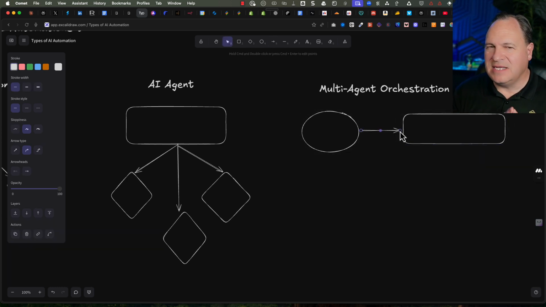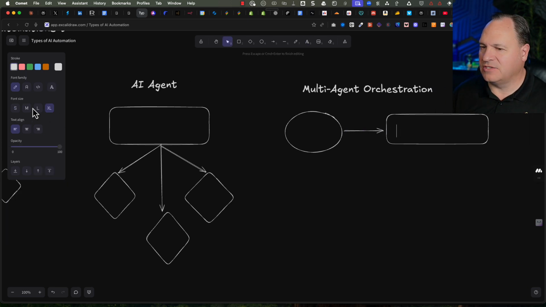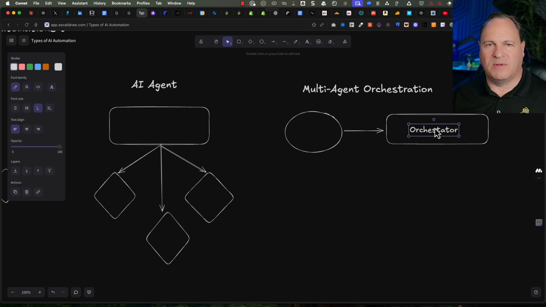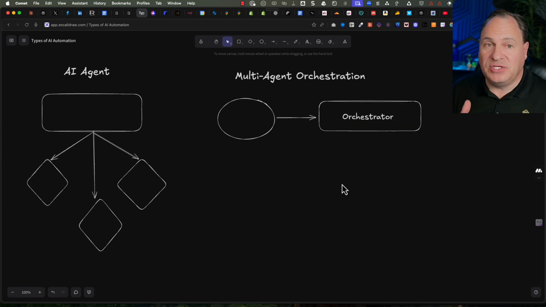But this is not your normal agent. And in fact, this is something a little bit different. And I'm going to title it here just so we can kind of keep track. This is going to be called the orchestrator. And the orchestrator's job is basically to be the person that just sort of manages all of the other AI agents that are underneath it. So now the orchestrator can do some things.